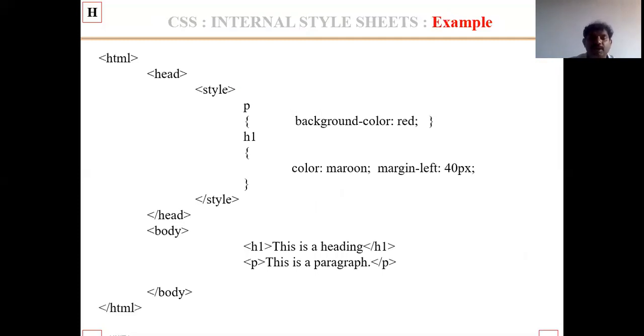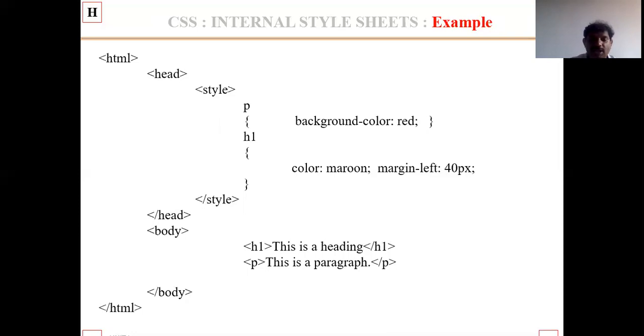Example: HTML, opening tag head. In the header section, style, P is paragraph, curly bracket open, background-color: red; close the curly bracket. Use the H1 header, open the curly bracket, color: maroon; margin-left: 40 pixels, shown on the left of the screen, and close the curly bracket.